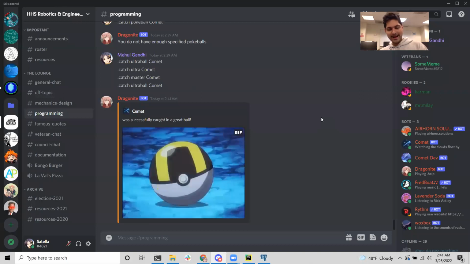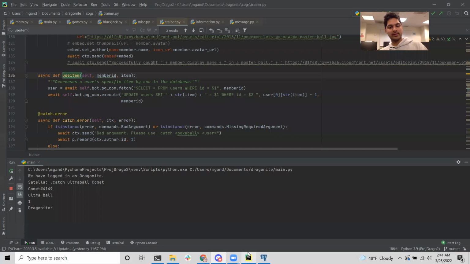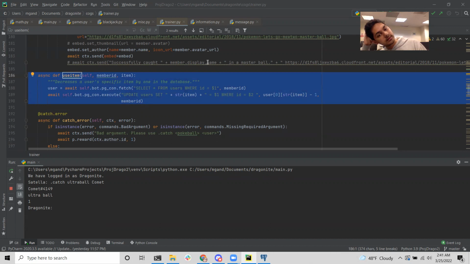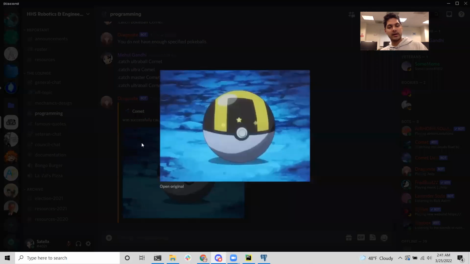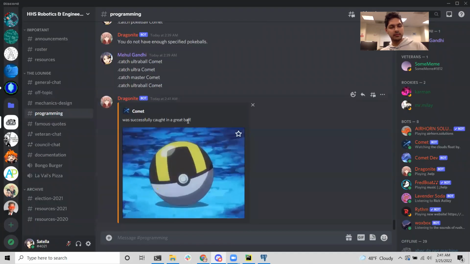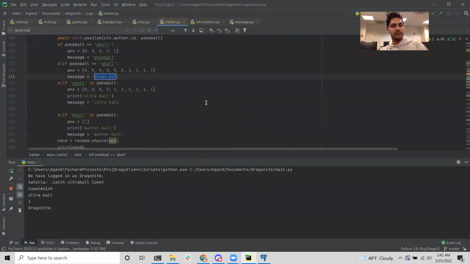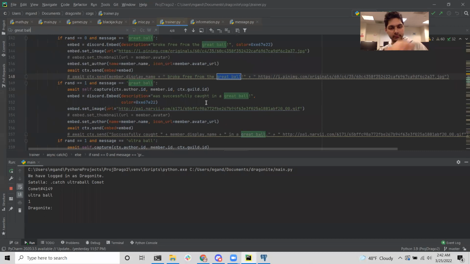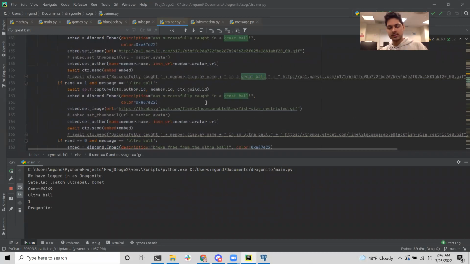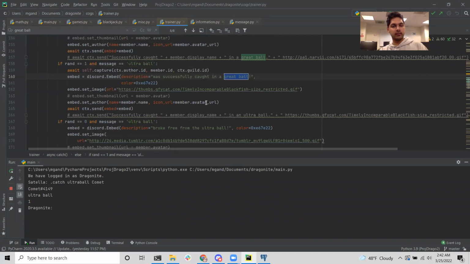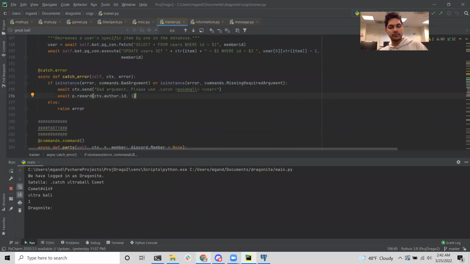Okay, so I had to go to my old file to find out. I was trying to organize my cogs together, and I guess I didn't successfully transfer over the definition, but now I have it here, and it's a whole bunch of SQL. But I caught Comet just now in the Ultra Ball. So why does it say Great Ball? That's just somewhere one of the things being sent, the wrong string in one of the if statements. So I'm not gonna really bother with that.